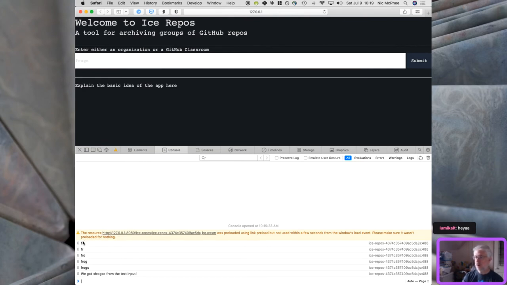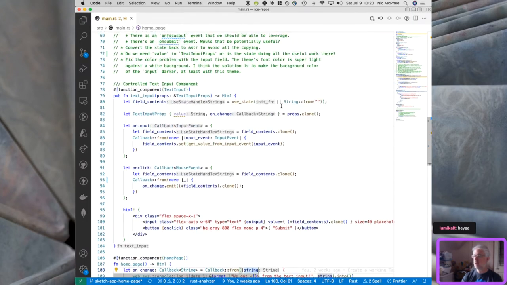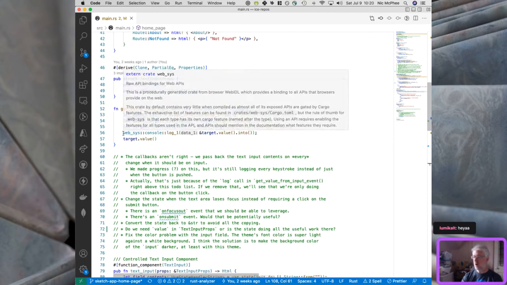Yeah, so when I typed frogs, the logging in the code that processes typing in the field logged every single character, but we only emitted a value back to the parent component once at the end. And so I think it was these logging messages here that had confused me before. But I think if we just eliminate this log here,